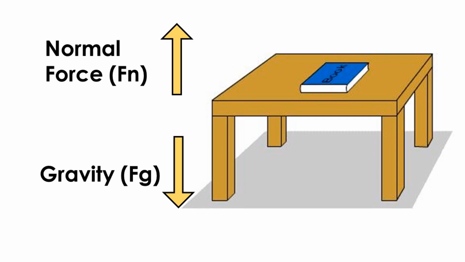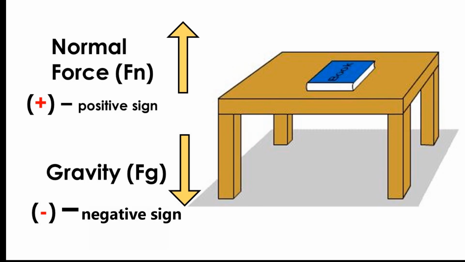The force of gravity and normal force are assigned opposite signs. Normal force is given a positive sign, while gravitational force is given a negative sign. If both gravitational force and normal force are given a magnitude value of 3 units, then the net force along this line will be